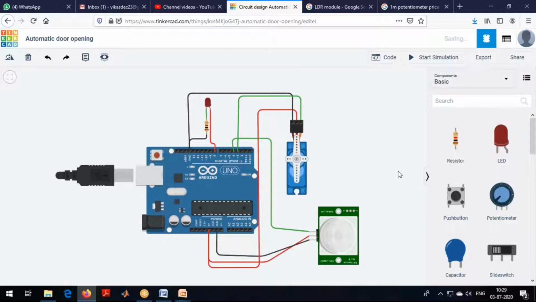The concept is that we are considering an Arduino, and I want to see if someone is moving in front of my door.